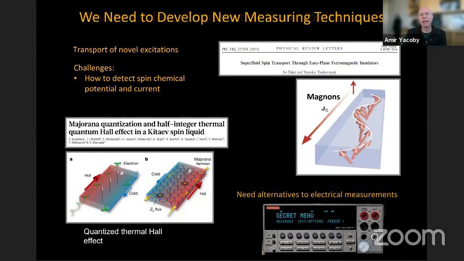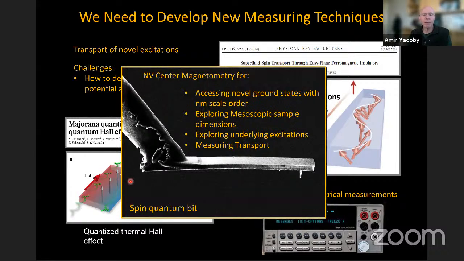So I think the punchline that I'm trying to convey is that whereas we have tremendous capabilities in measuring electrical properties or optical properties, for the examples that I showed today, namely mainly spin characteristics, and other quantities that I'll talk about today, we're really lacking in experimental techniques, and we really need to push forward the development of new capabilities, and with them will come new discoveries and deeper understanding of what's happening in these materials. So what I'll talk about today is a subset of the activity that's ongoing in the group, and